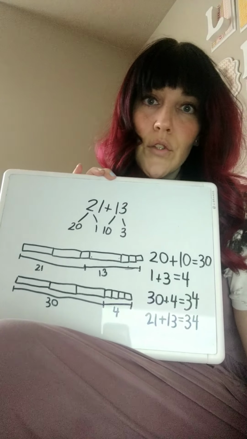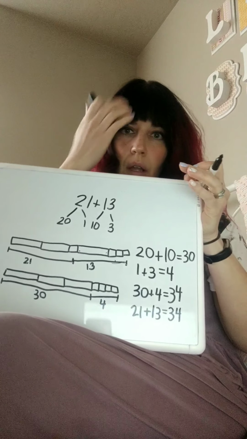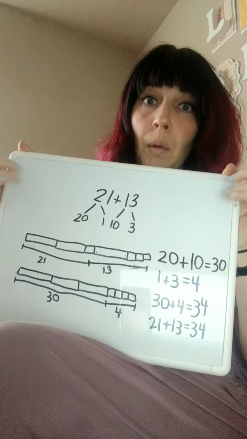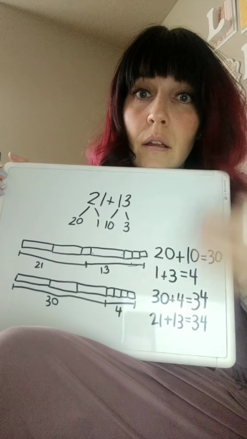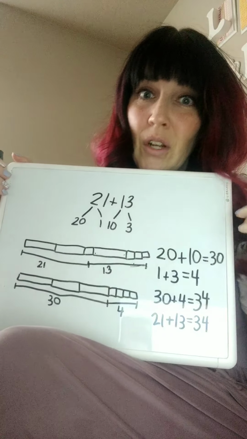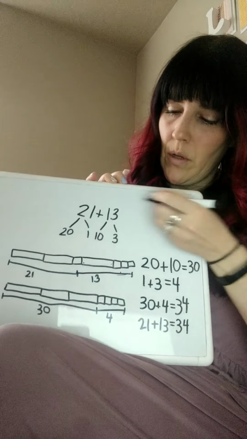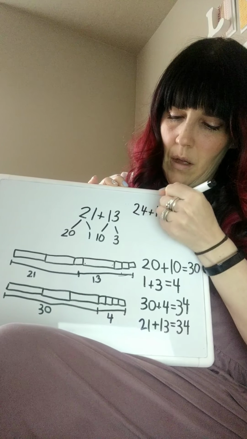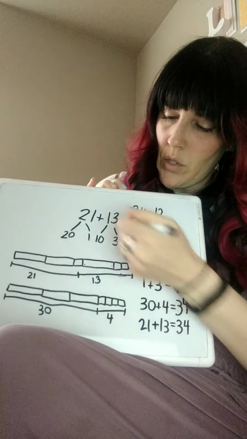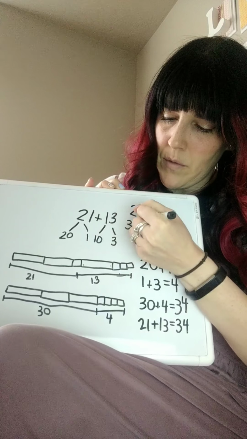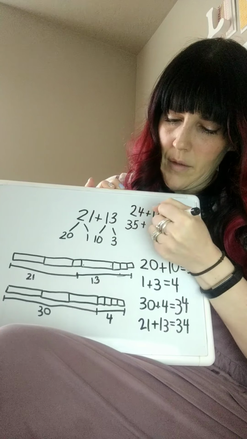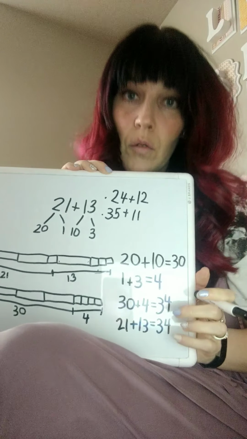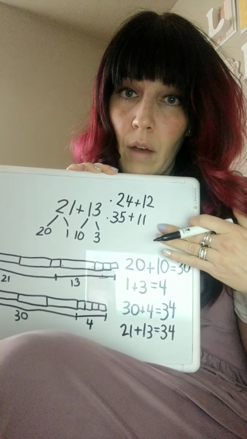Okay, so let's do 2 practice problems. The 2 problems that I want you to work on and make it look just like this, I'm gonna put them up in the corner. I want you to do 24 plus 12, and I want you to do 35 plus 11. Okay? So you're going to do these 2 problems, 24 plus 12 and 35 plus 11,